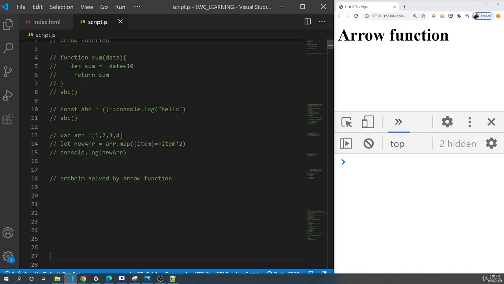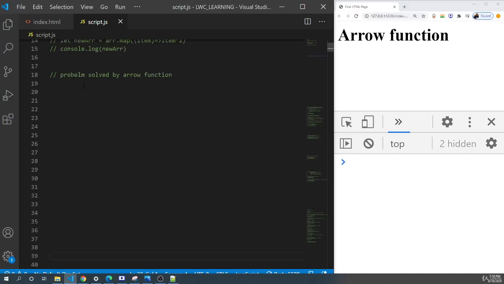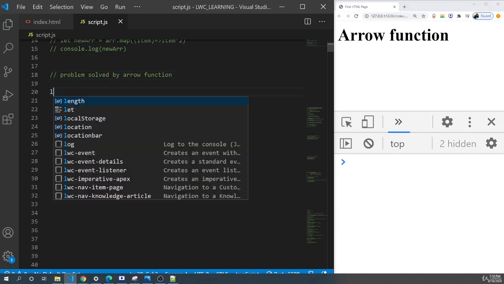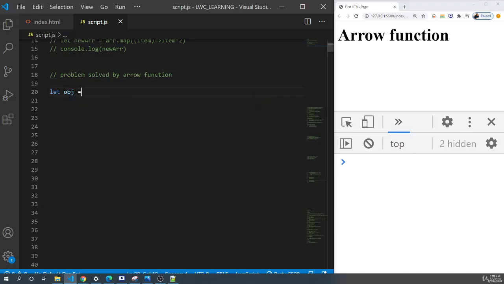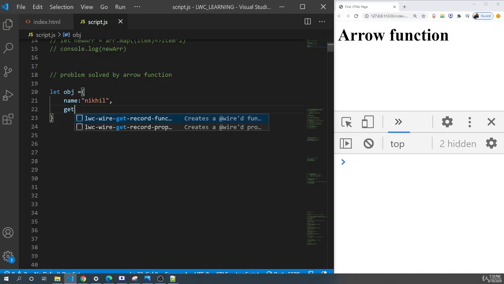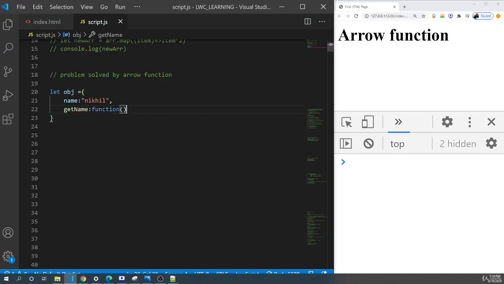I'll create a method. Let's say I'll create an object obj. Within this I'll create a property name, Nikhil, and an object can have values or properties as well as methods. The difference between a method and a function is that when an object has a function, we call it a method. So I'll create a method getName, and I'll say it is a function,